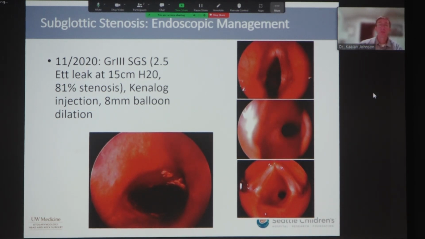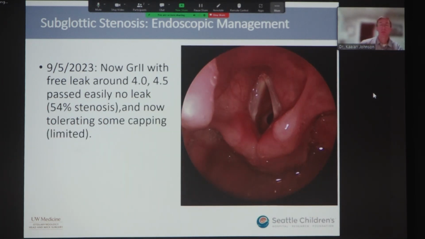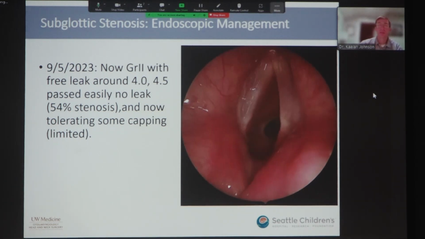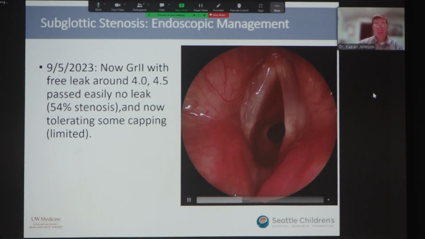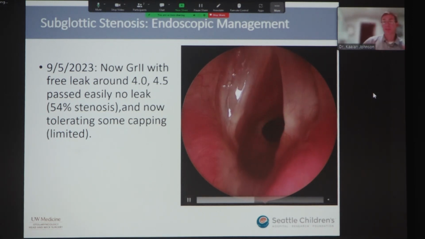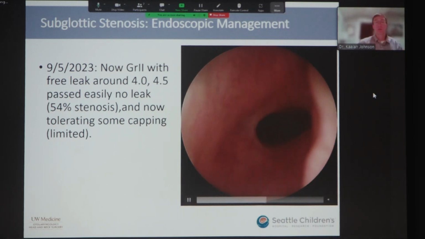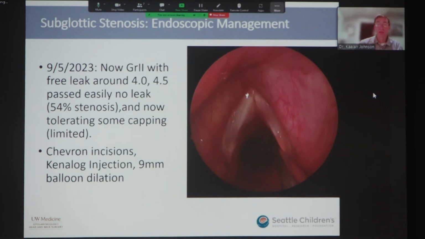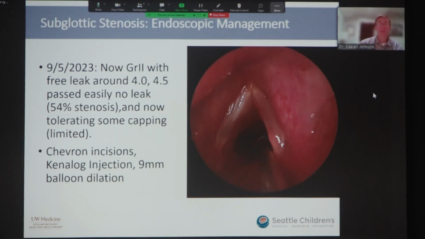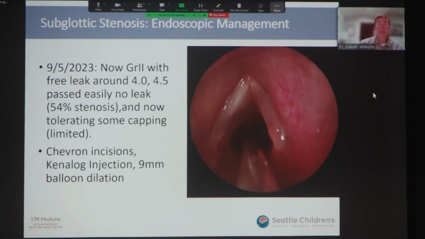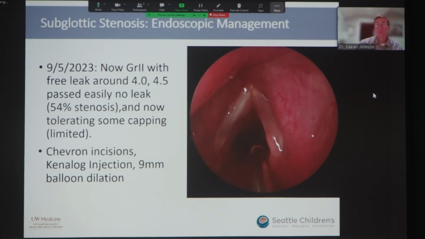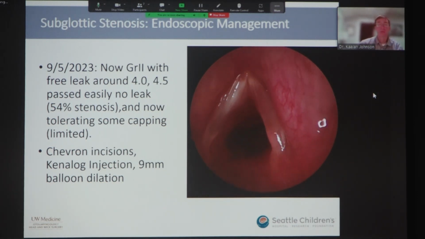She leaked with a 2.5 endotracheal tube at that time. And the next time we were able to get her into the operating room this summer, she had actually leaked freely around a 4.0 tube, and a 4.5 passed easily. Meanwhile, this whole time she's developing speech, and at this point she's now tolerating some capping. So I decided to again do a Kenalog injection, did chevron incisions, and a 9 millimeter balloon dilation, and this opened up pretty nicely. So she's a patient with a grade 4 who might be able to avoid an airway reconstruction